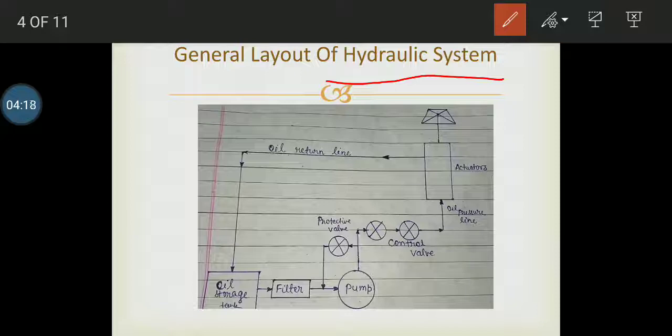Understand the term hydraulic. Hydraulic is a term which is used for applications where we require much higher pressure compared to the pneumatic system. A pneumatic system is going to generate about 10 bar of pressure, maximum. But if my application or processing requires more than 10 bar of pressure, it is compulsory to use a hydraulic system in that process, because a hydraulic system can generate up to a pressure of 100 bar, even more than that.